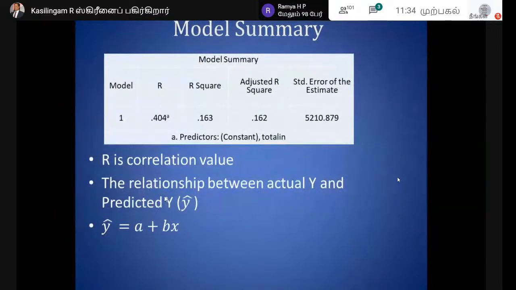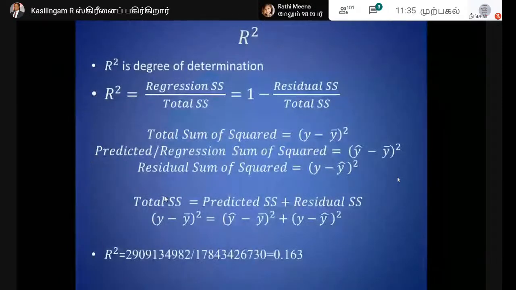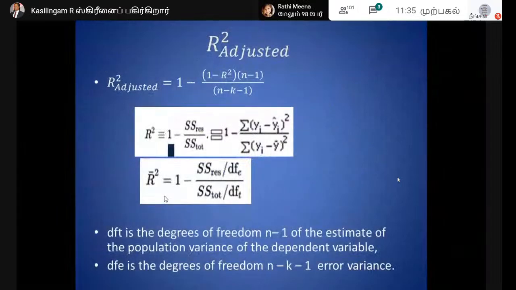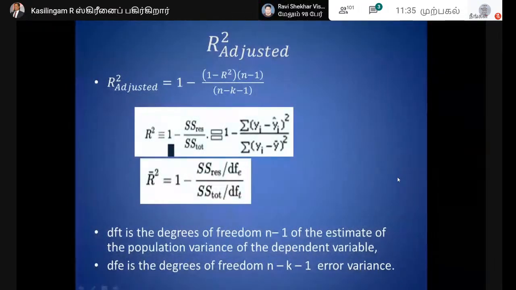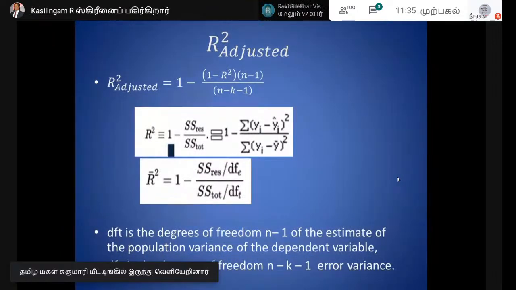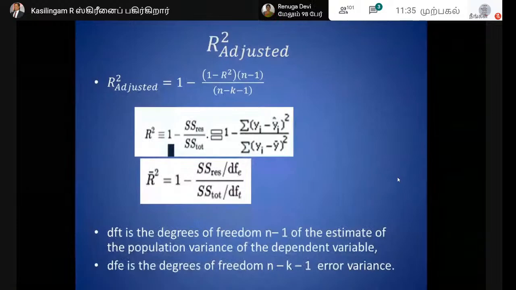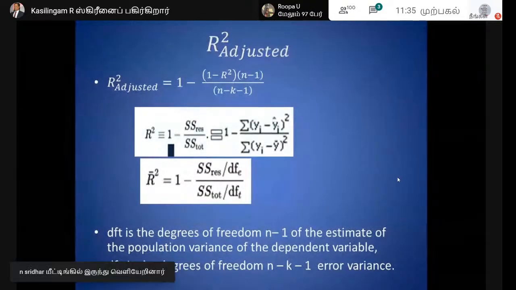Now, what is the adjusted R square? Please look at the R square first, then you will understand the adjusted R square. This is my R square: 1 minus sum of square residual divided by sum of square total. If you put it straight away, it is sum of square regression divided by sum of square total. That is my R square. Now my adjusted R square is